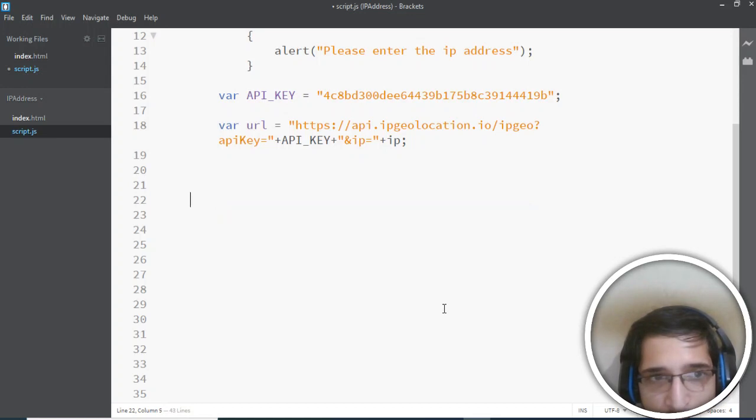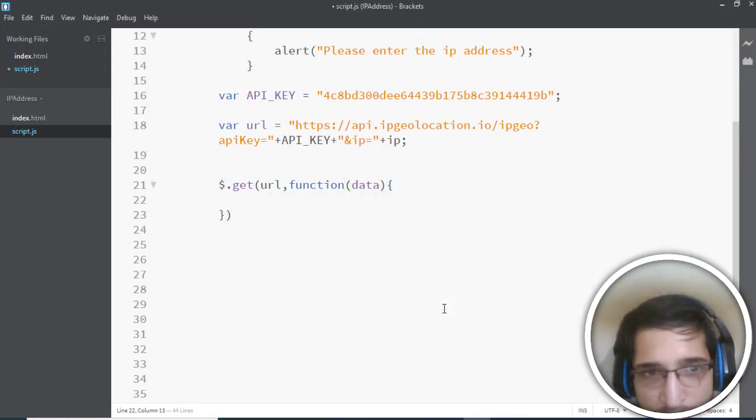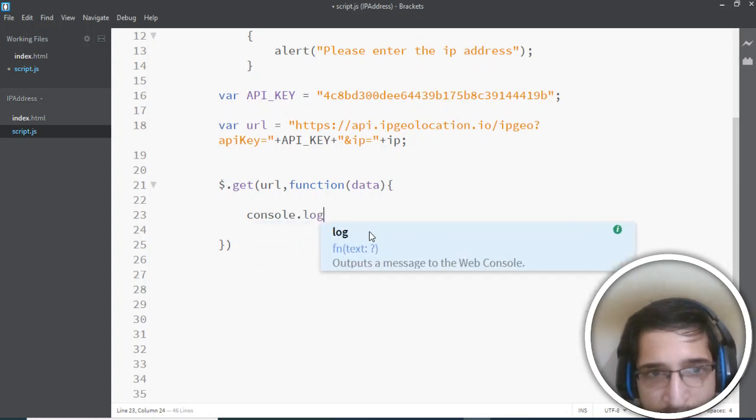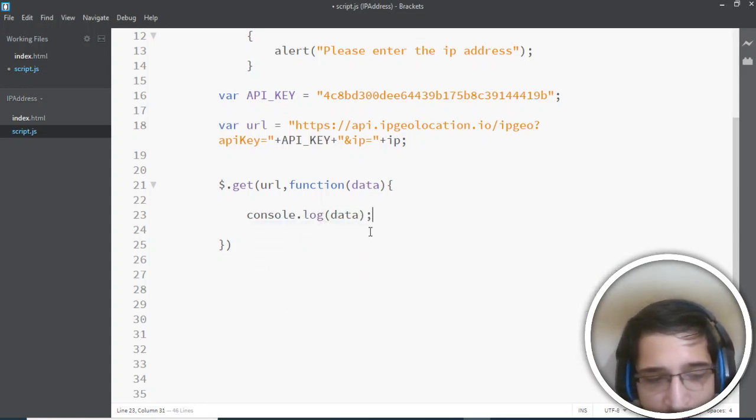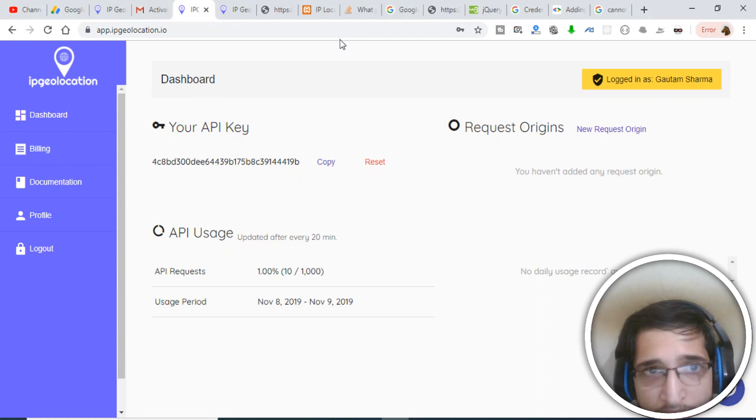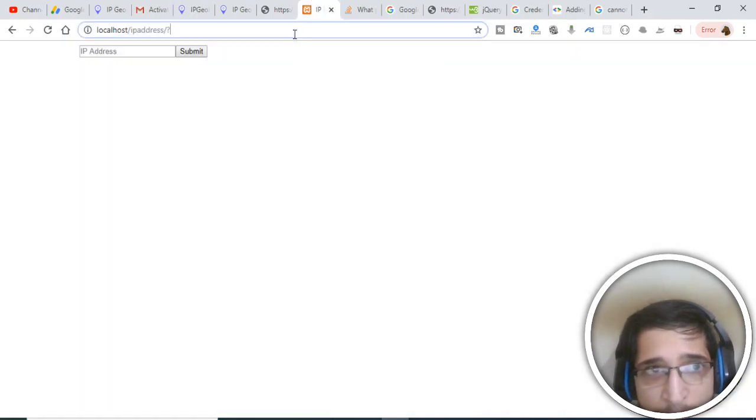The syntax is very simple: $.get. So this is a GET request, and we will be using the URL variable, comma, function data. So this is a callback function which will execute when the request is successful, and the data will be stored inside this data variable. And now we just need to console log the data. Let me just see if it is working or not. Control S, and now if I just see the application,